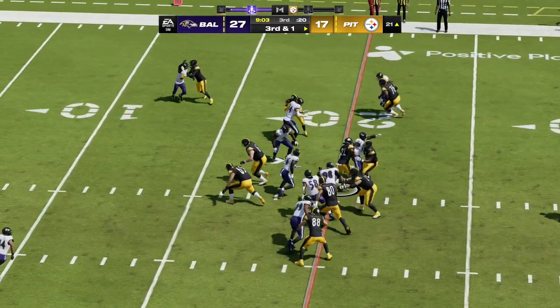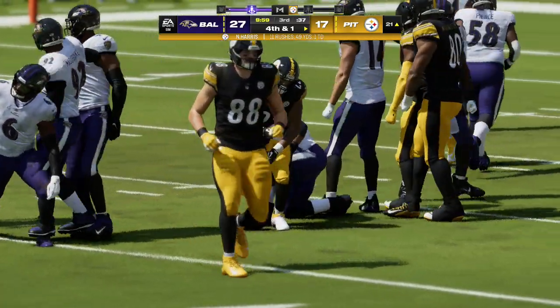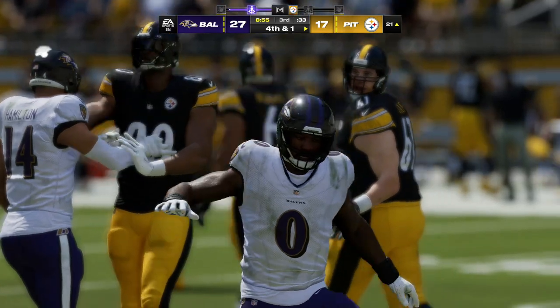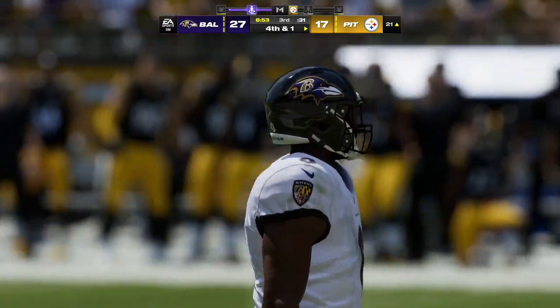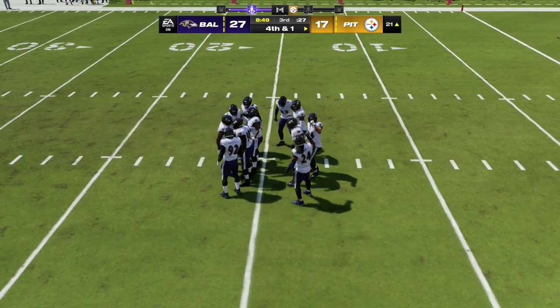Trying to pick it up on the ground with Harris. And he's going to run into a brick wall right in the middle of the field, and I don't think he got there. They end up getting stuffed twice after that 9-yard gain back on first down. It's rare that a man his size can at least push forward for a yard, but they stopped him there